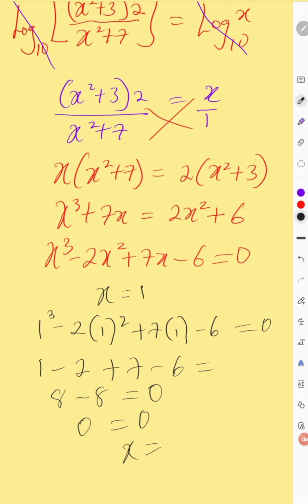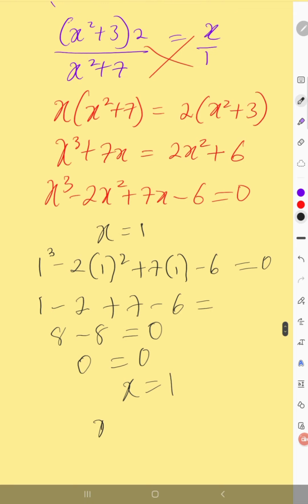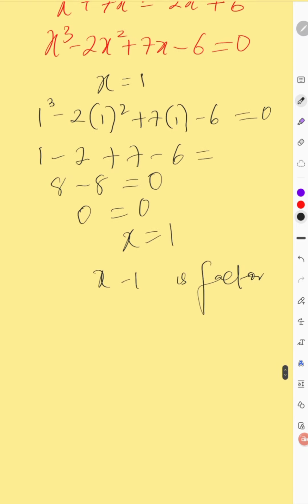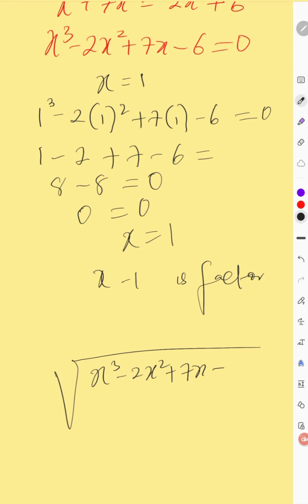So if x equal to 1 is a zero of this polynomial, it means that x minus 1 is a factor of the polynomial, because when this 1 crosses to the left-hand side, it changes to minus. So if x minus 1 is a factor of this polynomial, we can divide the polynomial by x minus 1 to get other factors. So we shall now divide the polynomial x cubed minus 2x squared plus 7x minus 6